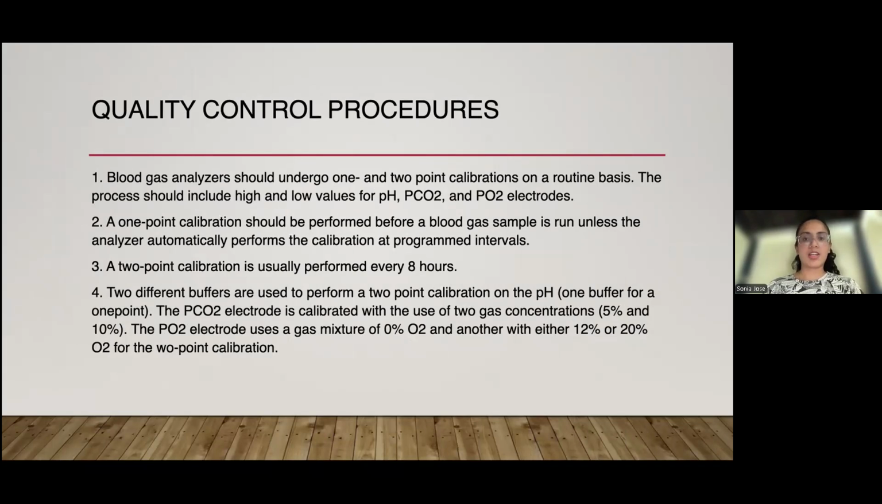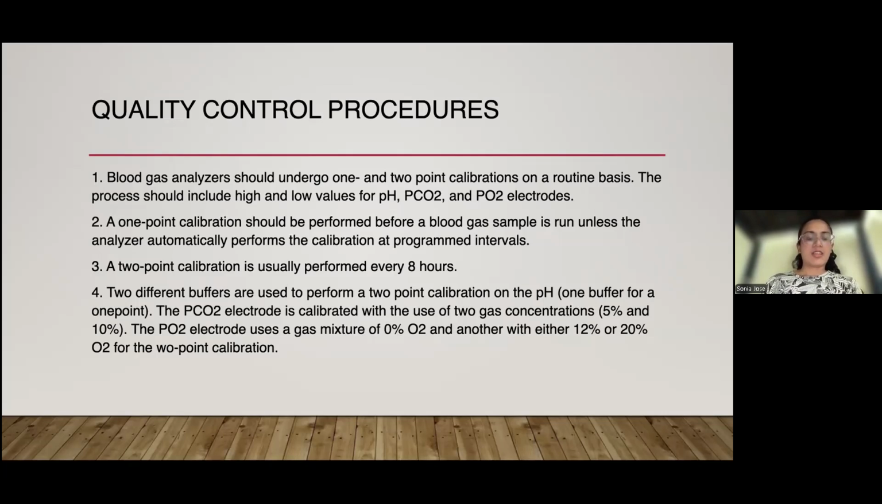And the quality control procedures. Blood gas analyzers should undergo 1 and 2 point calibrations on a routine basis. We may all have seen in the ABG machines that before testing each sample, we do a 1-point calibration. Most of the ABG machines now have automatic calibration programmed. So 1-point calibration is always performed before testing each ABG, and the 2-point calibration is usually performed every 8